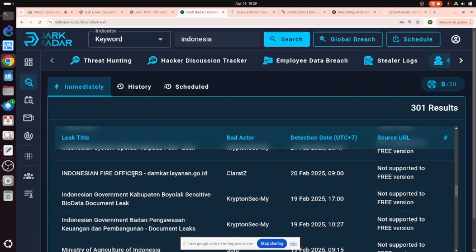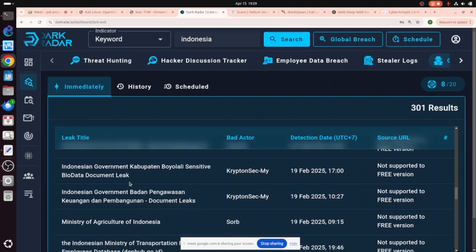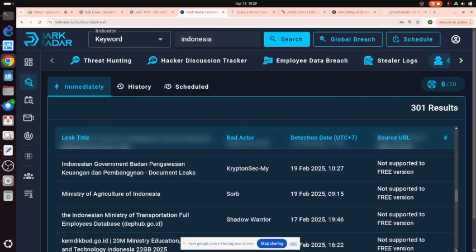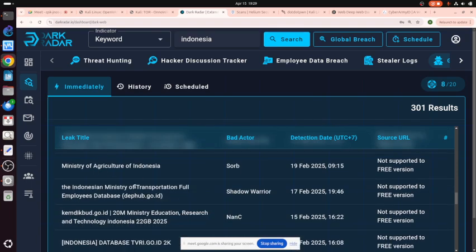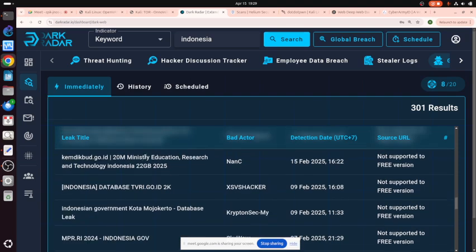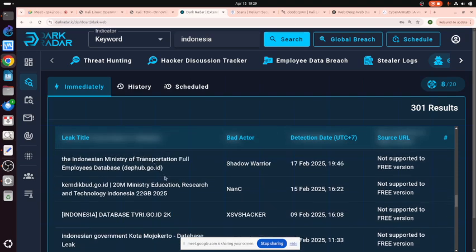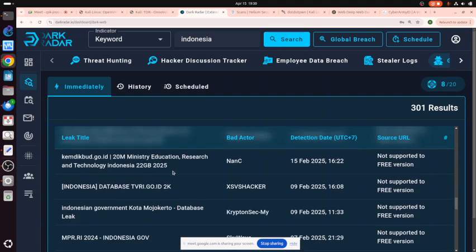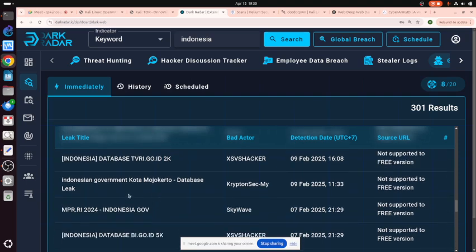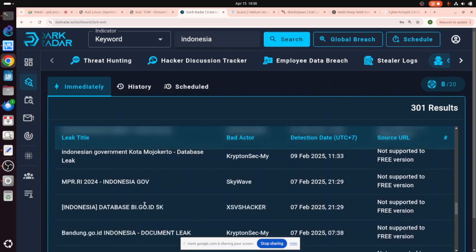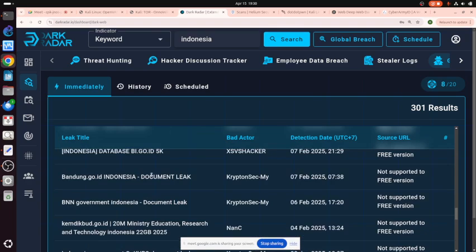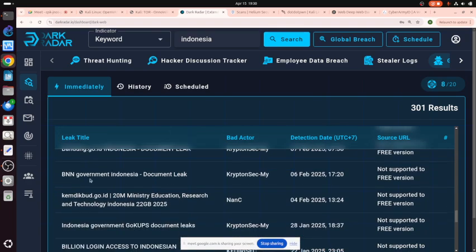Damkar, wah, Damkar, yeah, but not that critical. Ministry of Agriculture, this is employee. There is no foreign affairs, so you are okay. TVRI, Mojokerto, okay, so that's the Bandung, BNN, Narkotika Nasional.